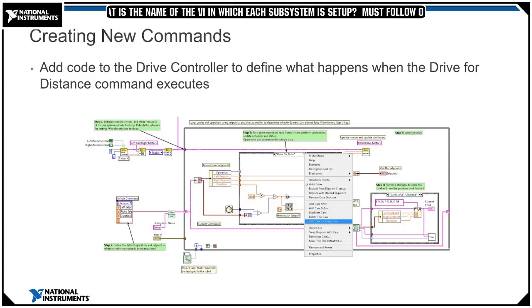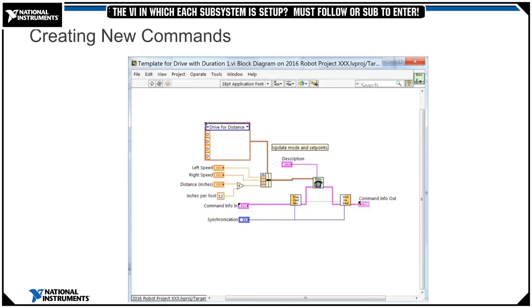That's really all you need to do in these command VIs: make sure that your inputs are going into the subsystem correctly. Don't worry about the telephone, don't mess with any of that. That's all the structure code that makes sure your calls get sent to the subsystem. So going to the next slide,